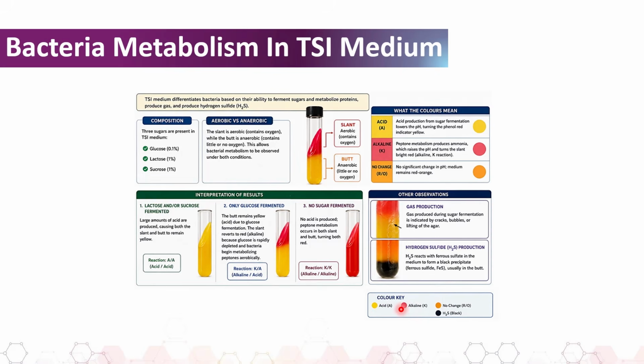This deep or bright red color indicates that peptone has been metabolized, and when the color of the medium remains unchanged, this is the red to orange color, we see no significant change in pH has occurred. That means that there is no metabolism that has occurred in the medium,